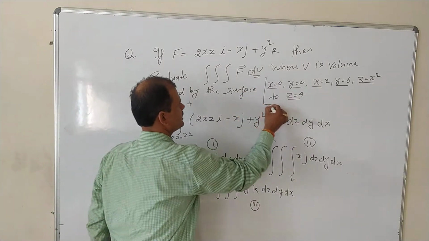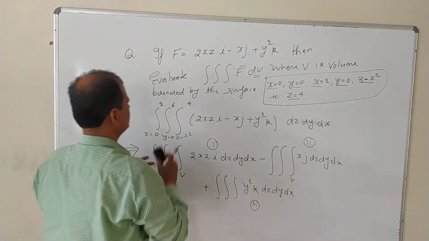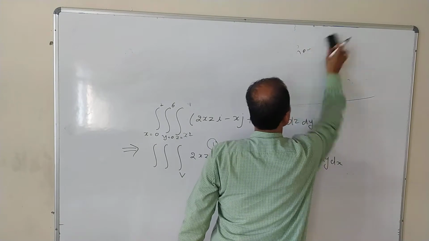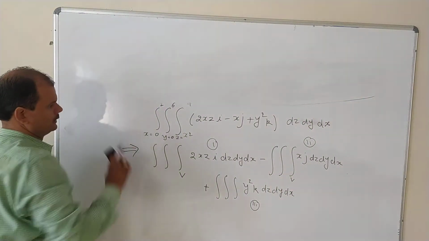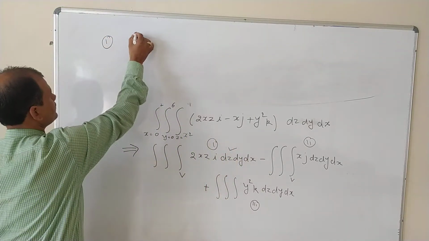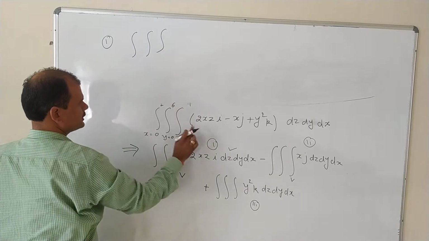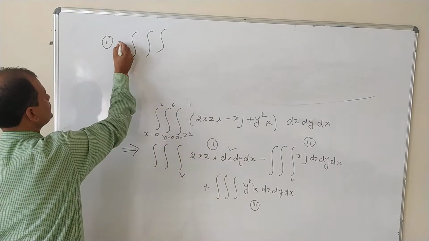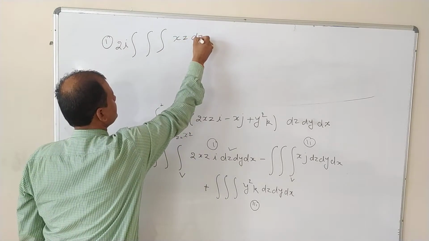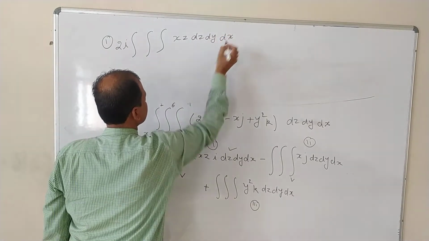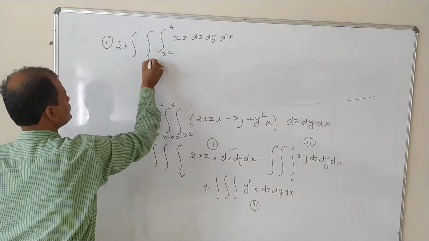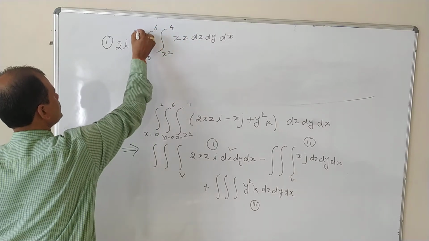So I will calculate these integrals one by one. Except this, I will delete everything, only keep the limits. I will take the first integral first. Okay, I am going to solve this one. So we have triple integration, and 2 is constant, i is constant, we can take 2i outside. So we have xz dz dy dx. Fine. And the limits are x square to 4, 0 to 6 and 0 to 2.